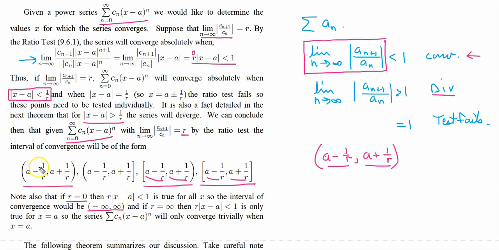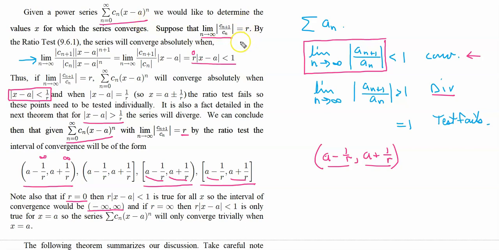And another way to see that is if you look at our interval of convergence right here, or one of these, it doesn't matter. Notice that if the little r is approaching 0, and it would be approaching 0 from the right, then this quantity and this quantity would both be approaching positive infinity, right? Remember how you think of 1 over a very, very small number as being a very, very large number. And so a plus infinity would be infinity, and a minus infinity would be negative infinity. So you see, your series would actually converge absolutely for all x in that case,